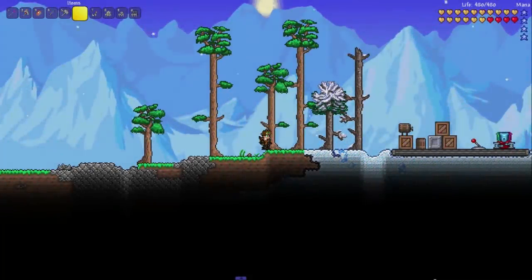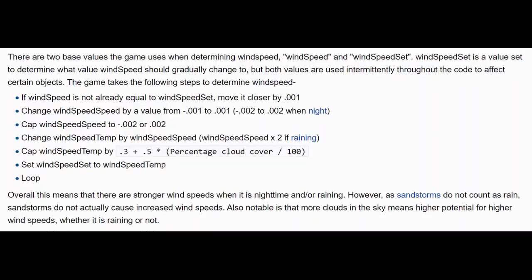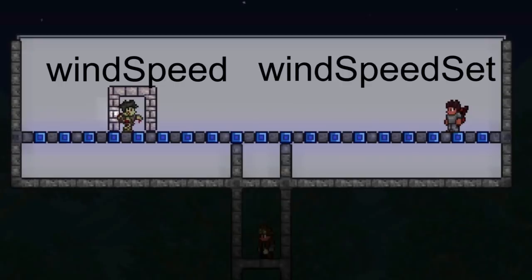Wind is a minor mechanic in Terraria. Most of its effects are visual, but it can have an effect on gameplay. Before we go over what wind affects, let's talk about how the game calculates wind. Alright, now in English. There are two variables called wind speed, represented by the zombie, and wind set speed, represented